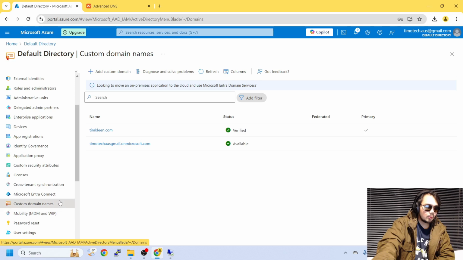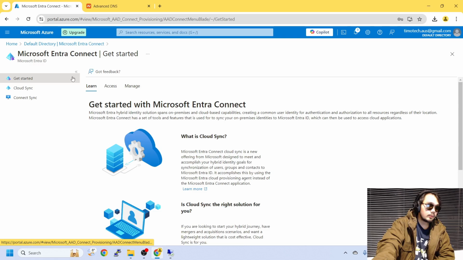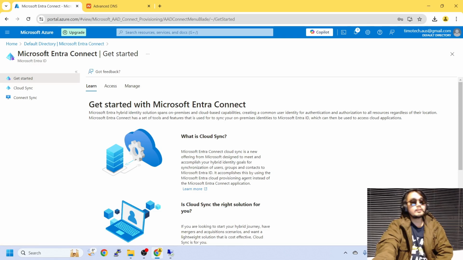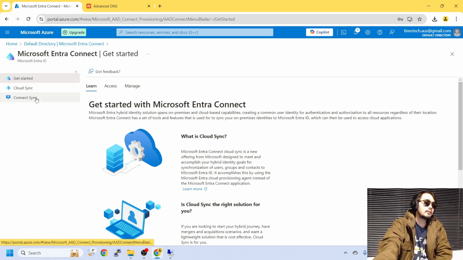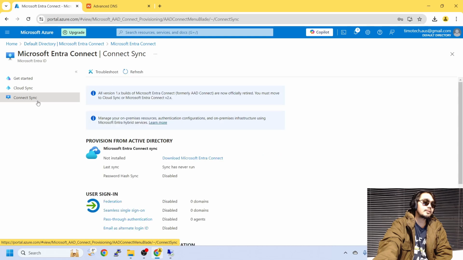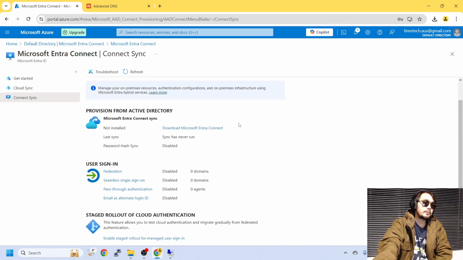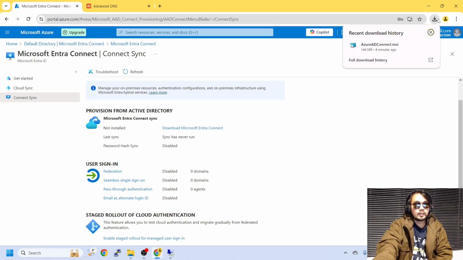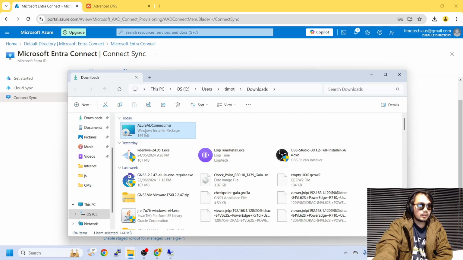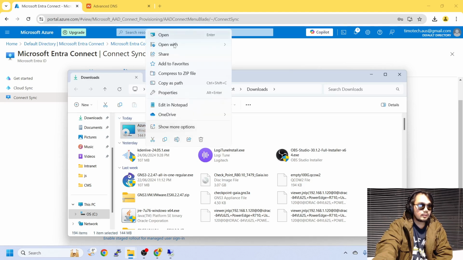Next, we'd like to jump to the goal of this video, which is to connect our on-prem Active Directory to Azure. So let's go to Microsoft Entra Connect and go to Cloud to Connect Sync. That's the one. In the section, click on Download Microsoft Entra Connect. I've already got it downloaded, so I'm just going to copy this MSI